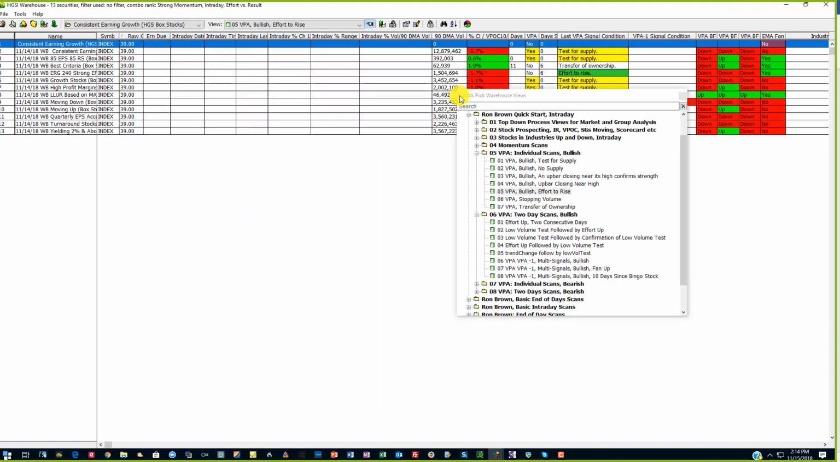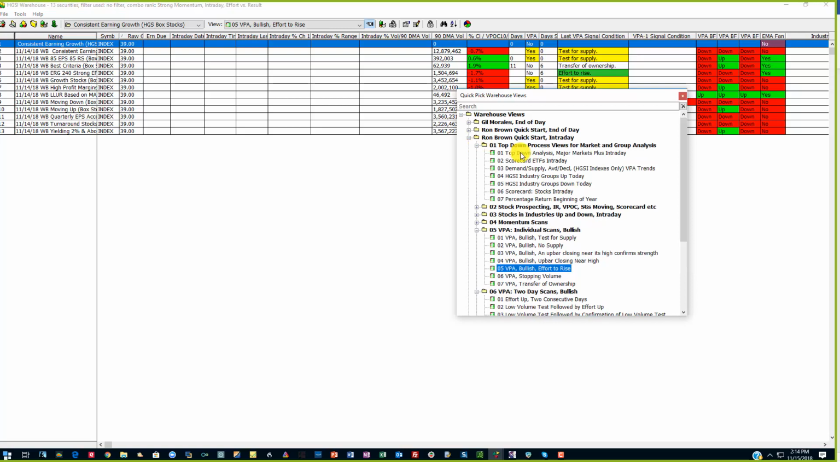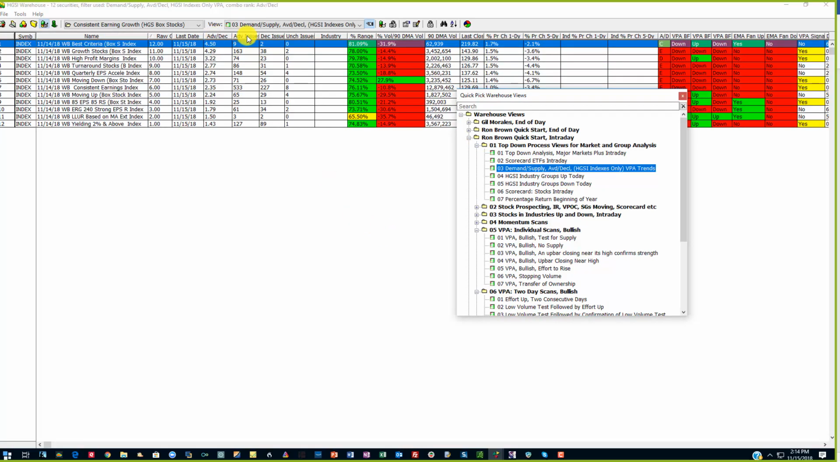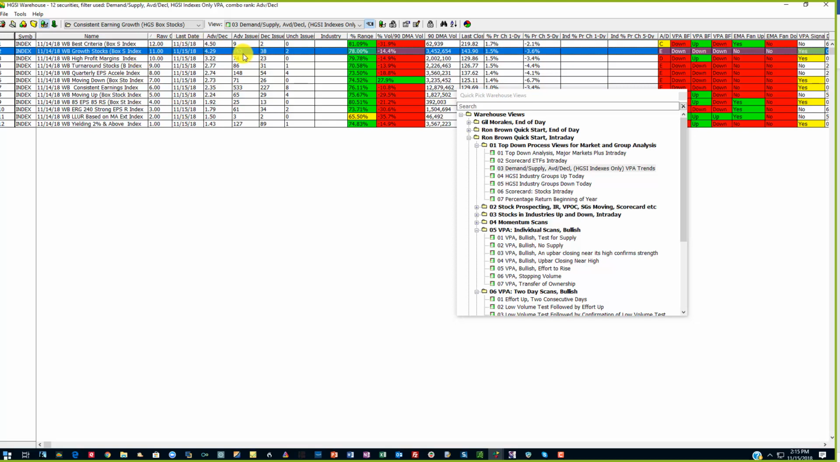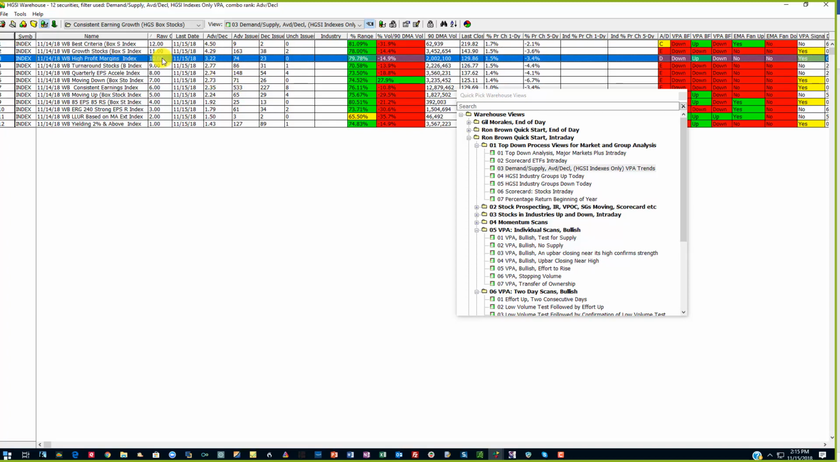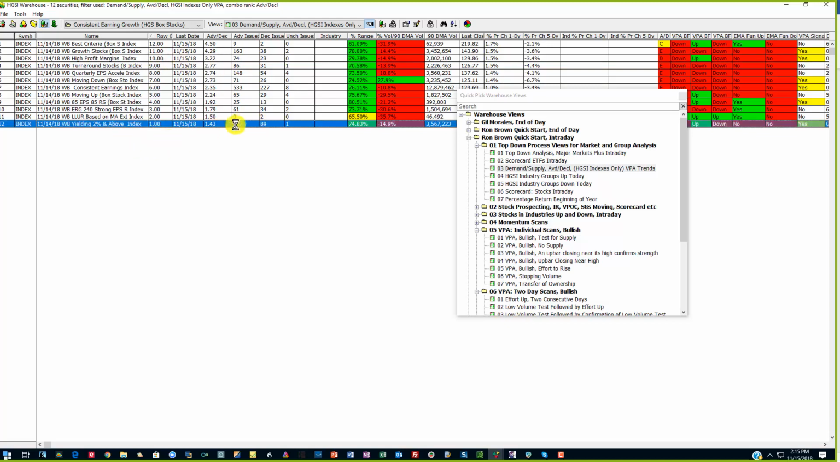And let's see if we can gain any insight here by going to the demand supply. We can also see how well populated these groups are. So sorting on this is advancers divided by decliners as of 30 minutes ago. These are the box stocks that are moving up. You can see under best criteria there were 9 advancers and 2 decliners. Under the growth stocks, 163 advancers, 38 decliners for a 4.29 to 1 ratio. High profit margins, 3.22 and so on. The least popular group today is stocks yielding 2% and above, and these are all box